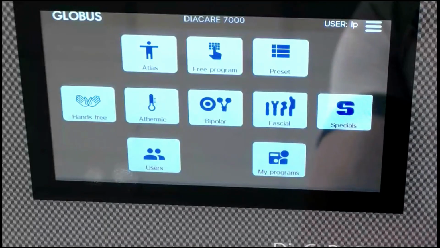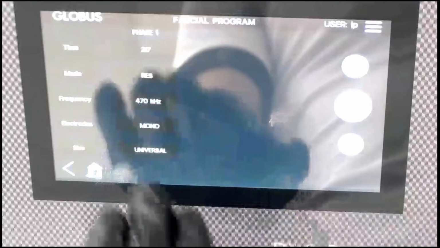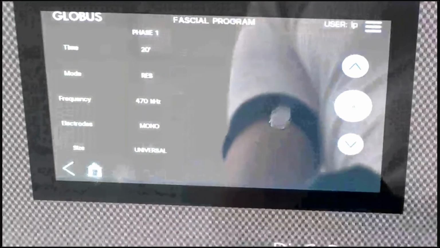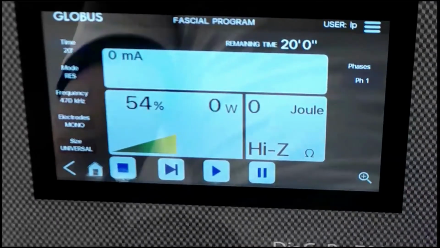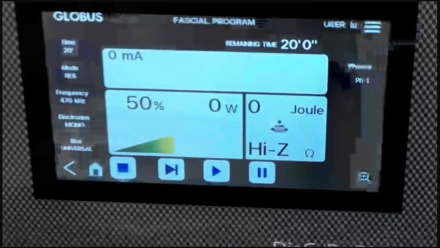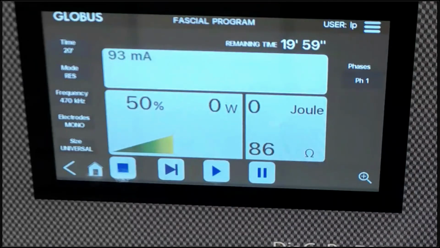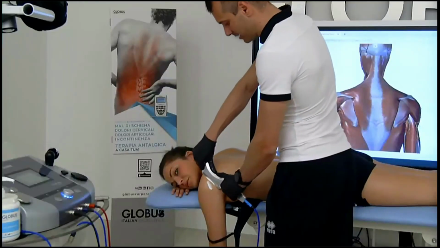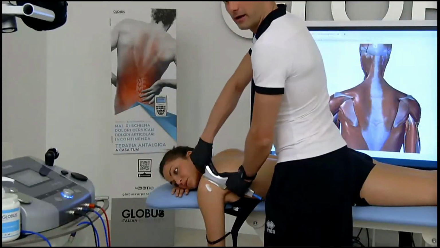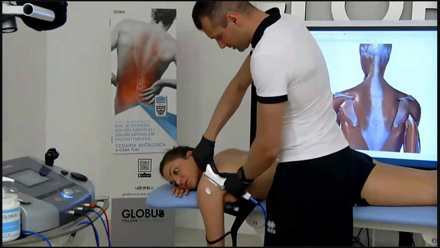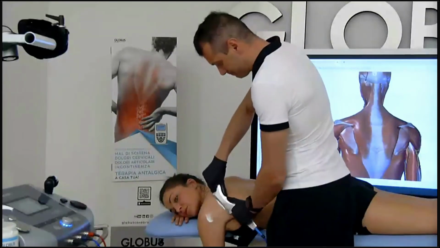Okay, I select the DIABLADE large, resistive, fascial program. I leave the normal 470 kilohertz, that is okay for me. I start with 50% of energy. I put a bit of cream on the edge of the tool, and I'm starting with just scanning on the posterior part of the scapula. Very gentle, very flat. I'm not pushing so much. We can have a very light improvement of the hyperemia.